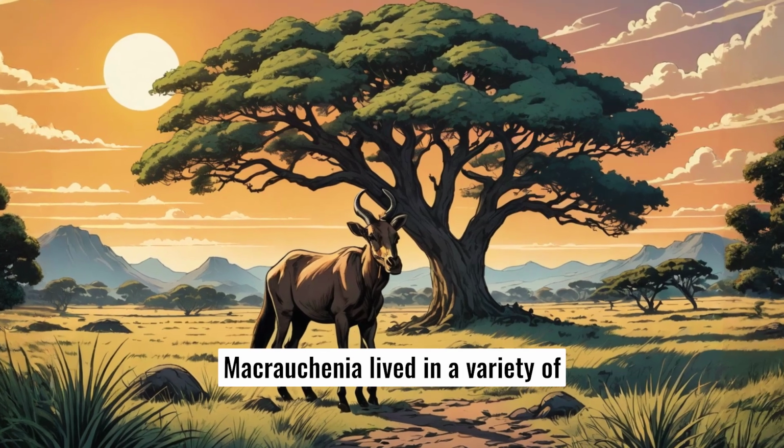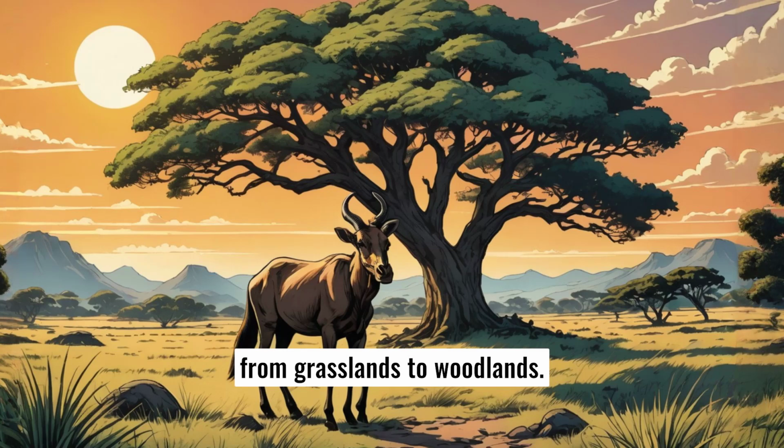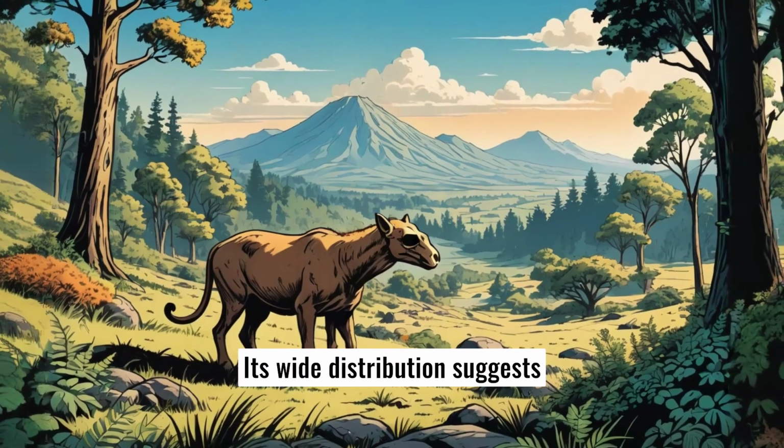Macrauchenia lived in a variety of habitats across South America, from grasslands to woodlands. Its wide distribution suggests it was adaptable